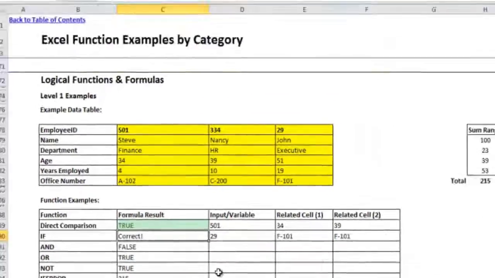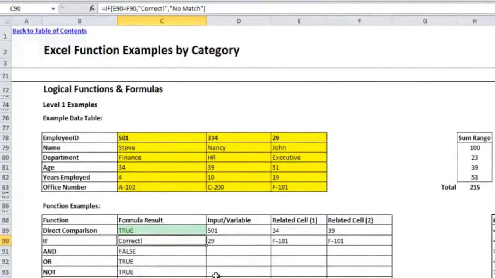So that if statement is very powerful. You can use it to check whether things are equal to each other, less than. You can put a lot of logical statements into one formula and then have it output a certain value if it is. Another example of how this could be used is, let's say you have a list of products and